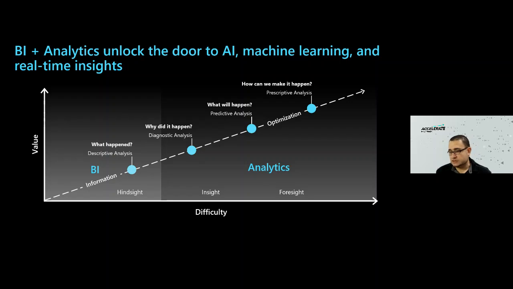And then continuing in your maturity journey in analytics, you arrive at foresight and understand what will happen. But most importantly, how can we make that happen, or how can we make a particular business goal, revenue goal, or sales goal happen? It is important to understand what happened, what the causal factors are, why it happened, and how you can affect those results. And this is all part of that maturity level.